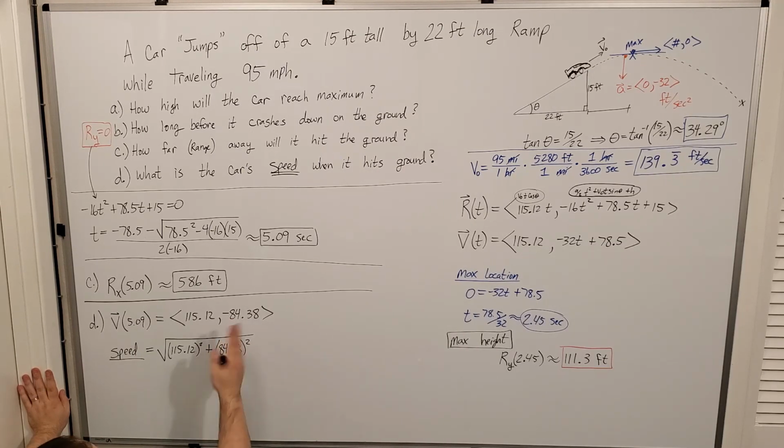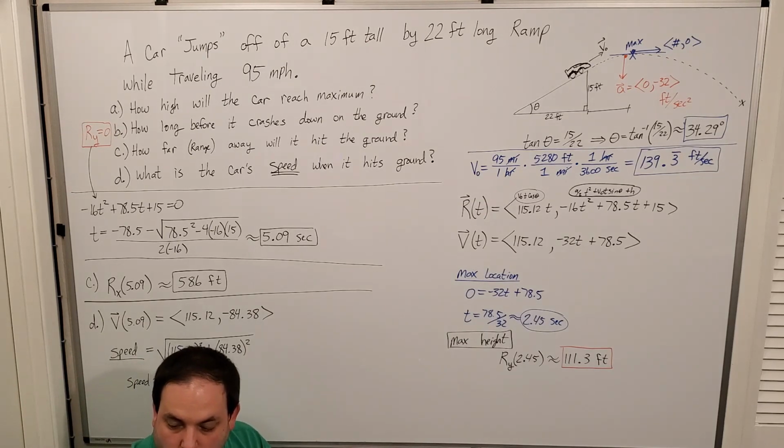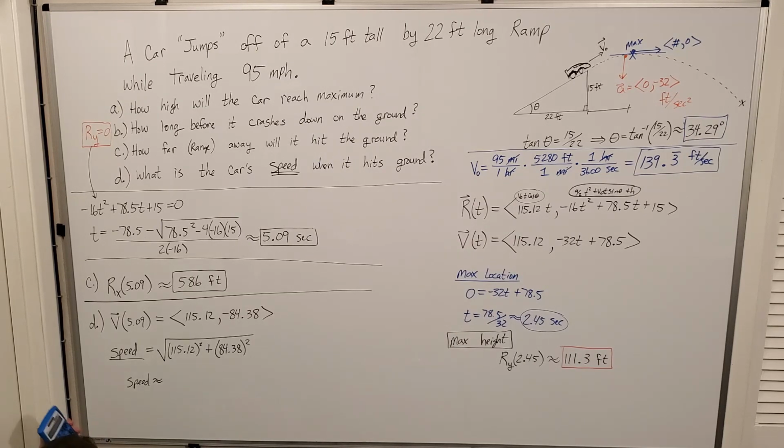Yes, I know this was negative, but it's squared, so it doesn't matter, right? That's the only reason I'm doing that. So the speed at which I will strike the ground will be approximately equal to the square root of 115.12 squared plus 84.38 squared, 142.7, and that's in feet per second,